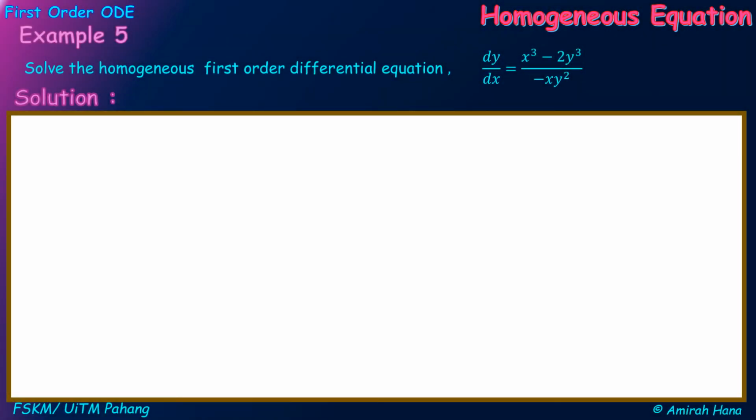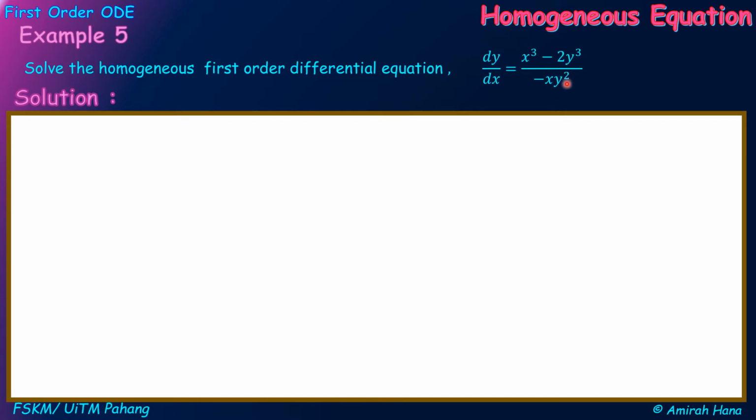Hi everyone, Assalamualaikum. In this video, we will discuss example 5 under homogeneous equation for first order ODE. Solve the homogeneous first order differential equation dy over dx equals x cubed minus 2y cubed over negative x